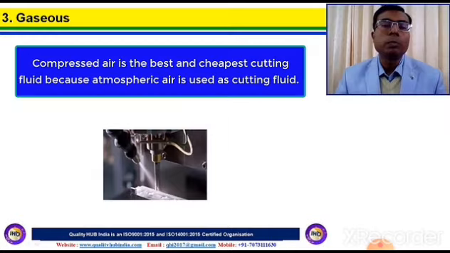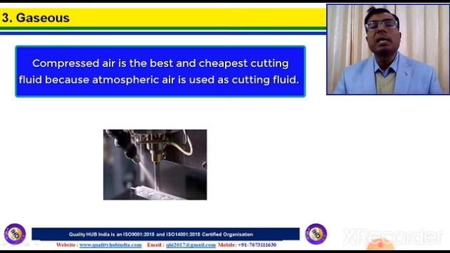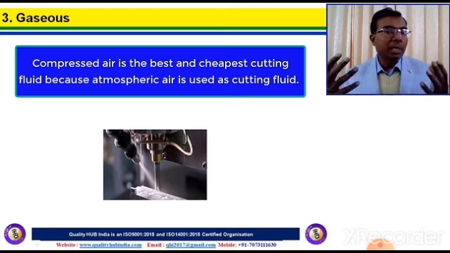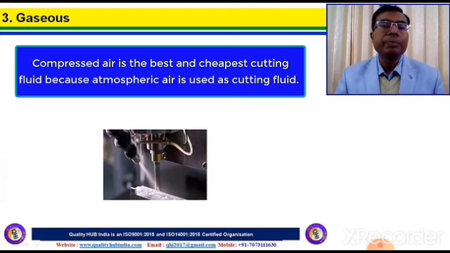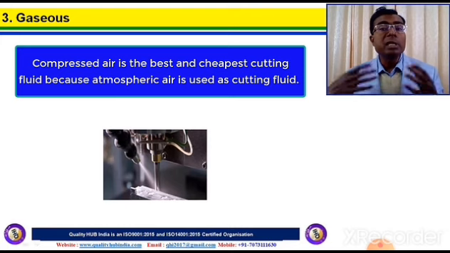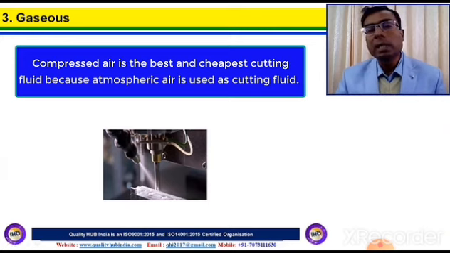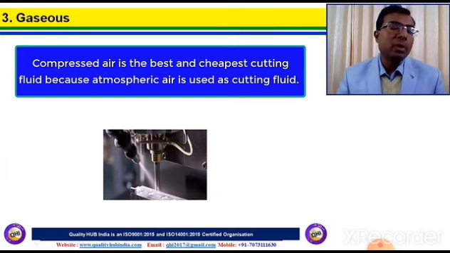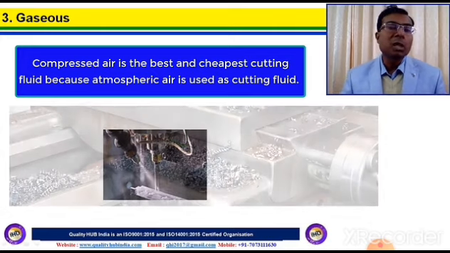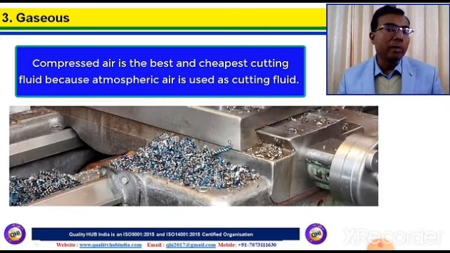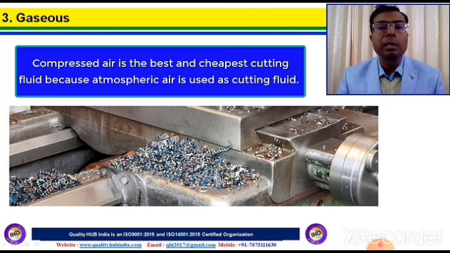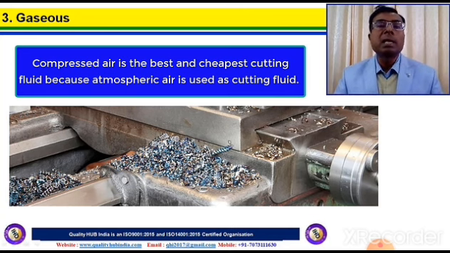और जब हम गैसियस कटिंग फ्लूइड की बात करते हैं दोस्तों, तो इसमें कंप्रेस्ड एयर जो होता है सबसे बेस्ट माना जाता है और सबसे चीपेस्ट माना जाता है, क्योंकि यहाँ पर हम एटमॉस्फेरिक एयर का डायरेक्टली इस्तेमाल करते हैं एज ए कटिंग फ्लूइड। और काफी बार क्या होता है, हम कंप्रेस्ड एयर के साथ में किसी तरह के लिक्विड का भी इस्तेमाल करते हैं जो कि एक तरह का मिस्ट या फॉग क्रिएट करता है, और इससे हमारा कटिंग फ्लूइड का काम बनता है। अब कंप्रेस्ड एयर का इस्तेमाल करने से क्या होता है, जो ऑपरेशन के दौरान, जैसे फॉर एग्जांपल अगर हम ड्रिलिंग कर रहे हैं तो उसके दौरान जो चिप्स निकलती हैं तो चिप्स को ब्लो अवे करके हटा देता है, यानी कि वो क्लियर हो जाते हैं।